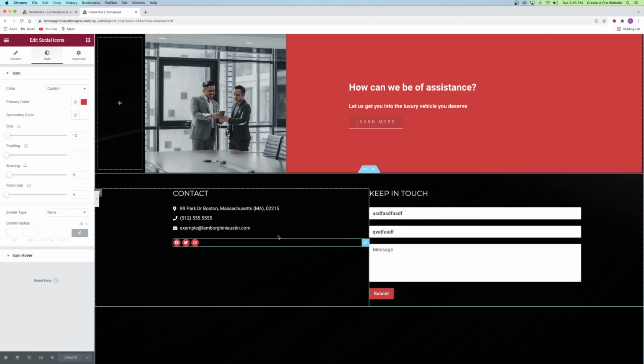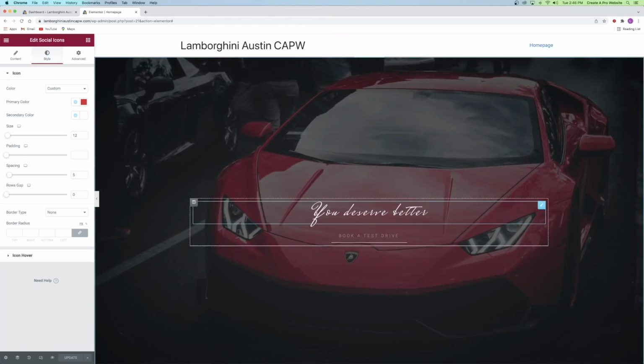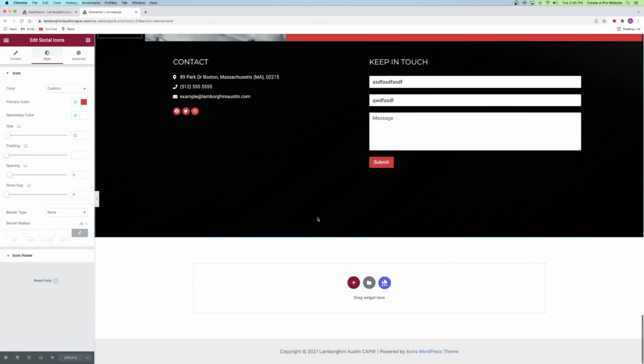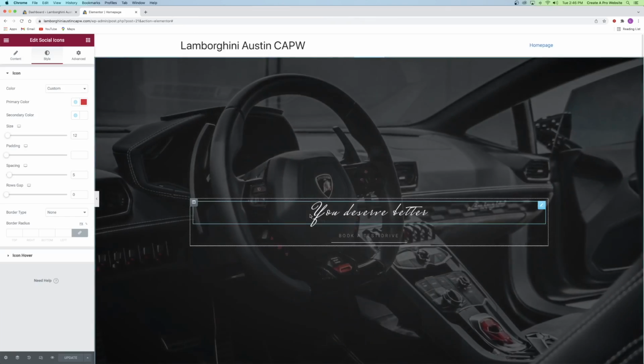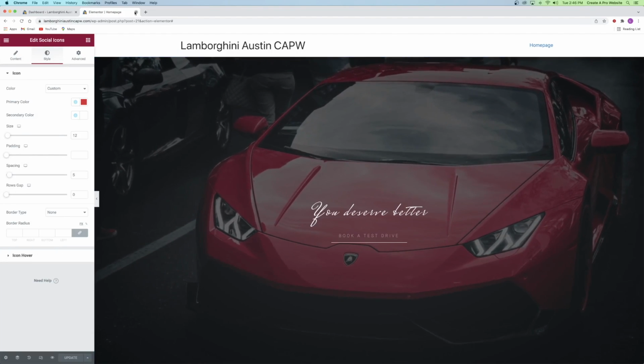All right, guys, so that is everything for customizing your website. We went from looking completely plain to having all of these really cool images and colors and animations on the website. I think it looks fantastic. So now that we've finished customizing the website, we can move on to step number 8, which is the header and footer. So now that I'm done in here, I can go ahead and close out of Elementor and go